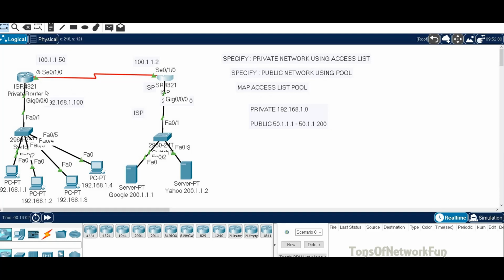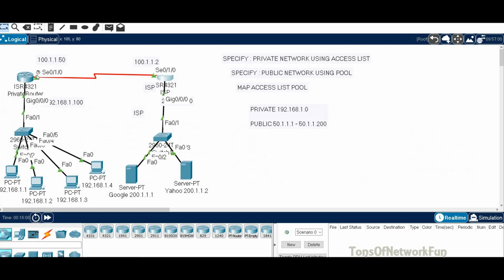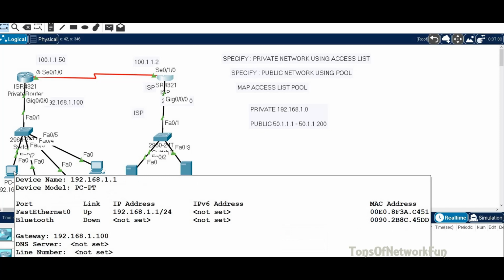Then we'll need to go to the interface. We did this in the last video also. We need to say our inside interface and the outside interface. So IP NAT inside is this interface, the default gateway interface here, G0/0, and then S0/1/0 would be our outside interface. Then what happens is, as we ping, let's say we start with this computer, 1.1, as it gets to this router, it will get the first available IP,